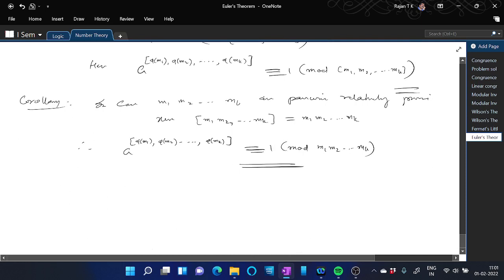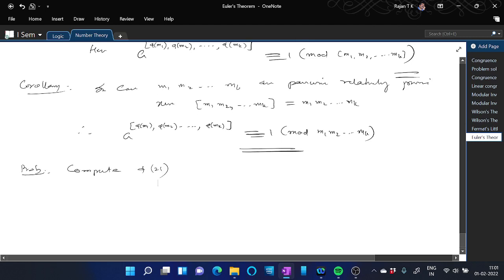Now let us try to do some problems from the exercise part. First problem is this: compute phi of 21. In order to compute phi of 21, you have to write down all the positive integers less than or equal to 21 and relatively prime to 21. Clearly 1 is such a number, 2 is relatively prime to 21, 3 is not, 4 is relatively prime to 21, 5 is relatively prime to 21, 6 is not, 7 is not, 8 is not, 9 is not,